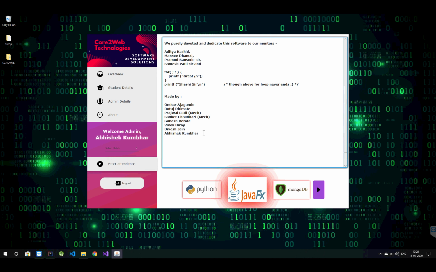Here you can see a slideshow of all the technologies that are being used in this application, right from OpenCV, Python, Java. It's a collaboration of multiple technologies like JavaFX, Core Java, and the JRE on which this application is running is version 1.8, that is Java 8 JRE. Then Python 3.7 is being used for face recognition and those scripts. Then MongoDB drivers are being used, and at last we have a button for logout.